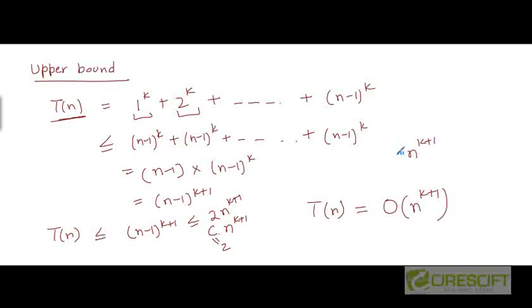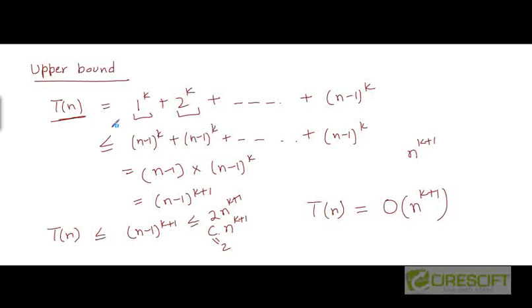This means that T(n) is in big O of n to the power k plus 1, because this series is an upper bound on T(n). And if this series is growing at the rate of n to the power k plus 1, then T(n) must be big O of n to the power k plus 1. This does not show in itself that T(n) is in theta of n to the power k plus 1, because this series could be growing polynomially larger than T(n) for all we know. So we can't assume that T(n) is in theta of n to the power k plus 1. We can only conclude from this that n to the power k plus 1 is an upper bound on the rate of growth of T(n).